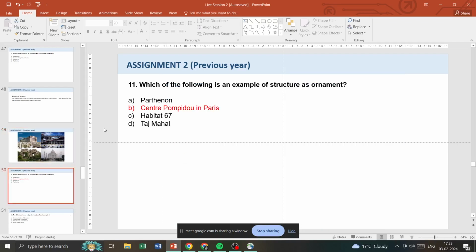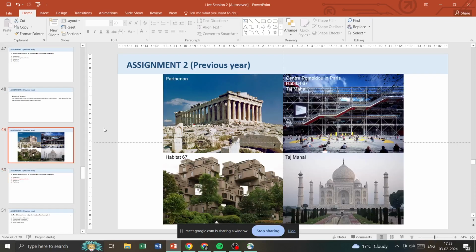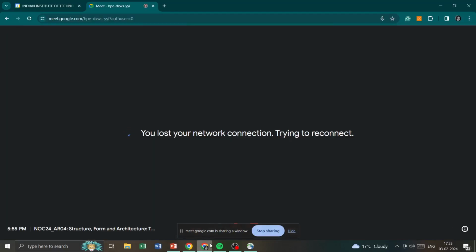So we were at question 11. Which of the following buildings is an example of structure as ornament, which means that the structure itself is being used as an ornament, that structure itself is being treated as